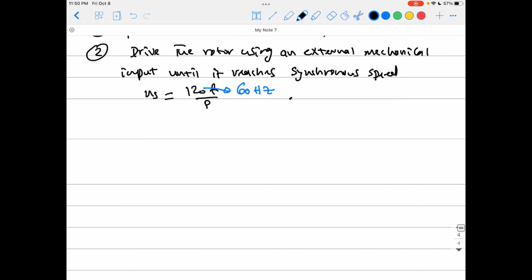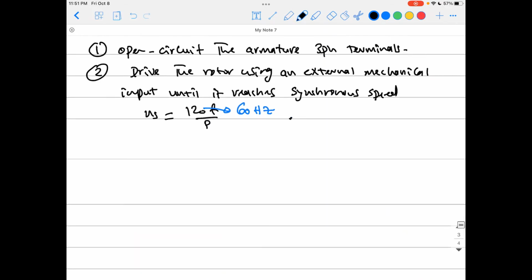Okay guys, so now we drive the machine to work and drive the rotor with an external mechanical input, because that is how the generator works, guys. We just attach the rotor of our generator to a mechanical source to rotate it, to give it an input mechanical energy, and that is being converted into electrical energy through the generator. Okay guys,